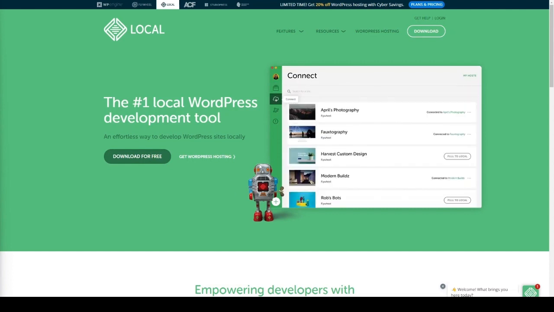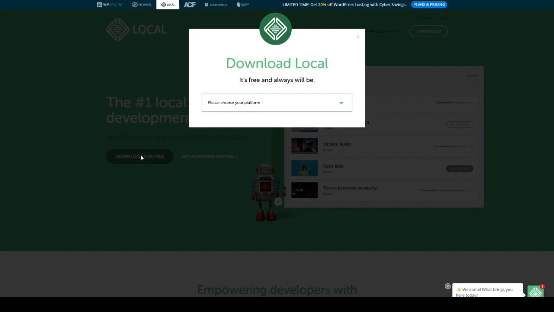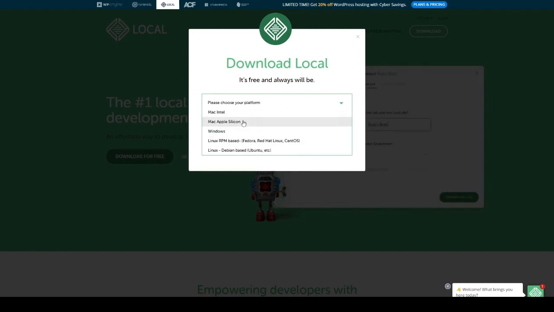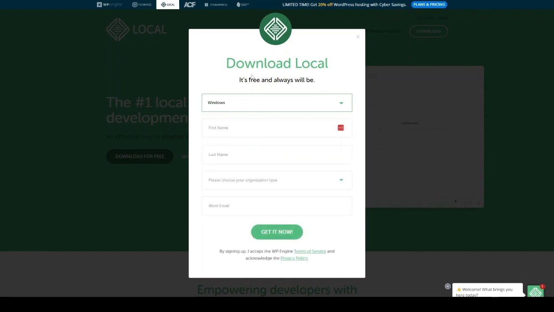It's really easy to download and install. What you want to do is go onto the website. You just want to click on download for free. And you just want to click on your platform. Again, it's on Mac, Windows, and Linux as well. But you just want to click on whichever